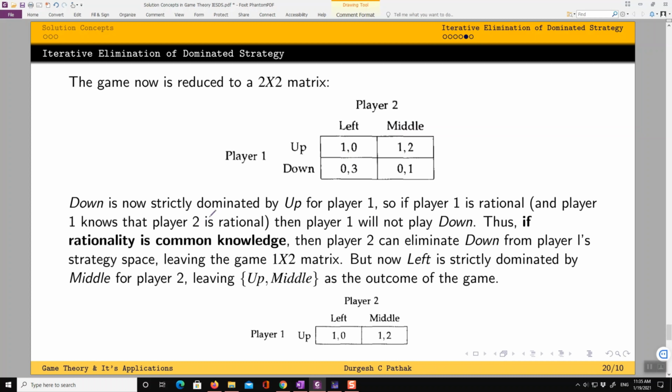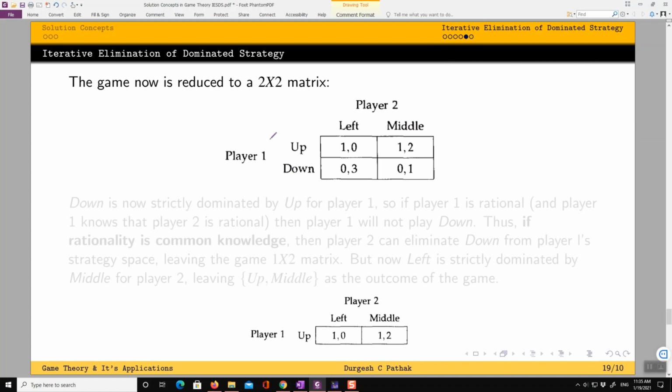So now we can look at player 1's game. We realize that if player 1 plays up, then he gets 1, 1 for left and middle respectively. With down he gets 0 and 0. So up is now strictly dominating down because it is always giving a better payoff. So, looking at this game structure, player 2 knows that if player 1 is rational, he will never play down.